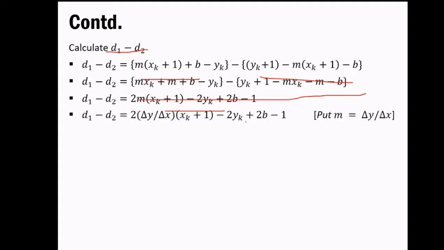Okay, fine. So now what it says is you have to substitute the value of m with delta y upon delta x, which we already know. Once we do this, we again have to do all kinds of processing with this because we cannot keep it as it is. So try to simplify this complete equation again at this stage and then see what you are getting.